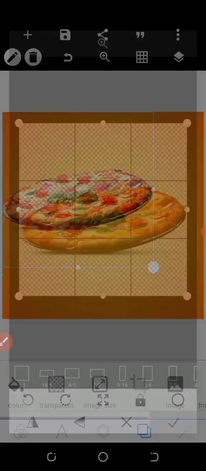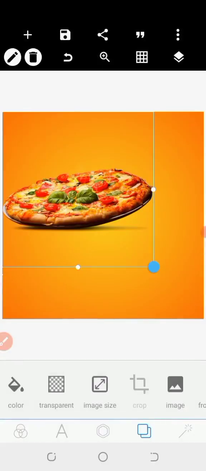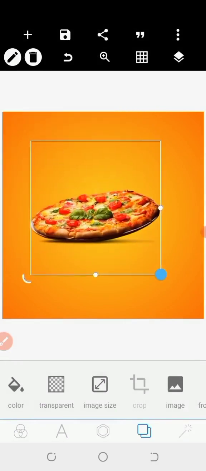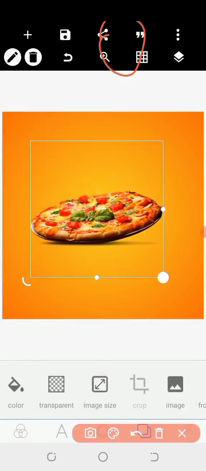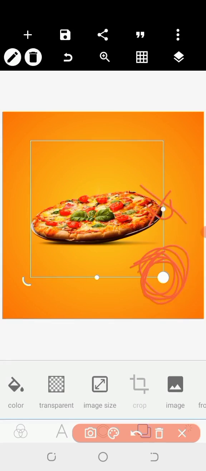So let's reduce the size. Ensure that whenever you are resizing an image, you expand the image from the edge and not from the side. Don't expand from the side, instead you expand from the edge. Alright, so that being said, let's continue. So you increase this,